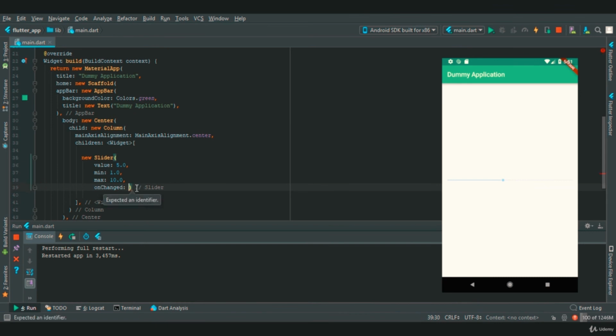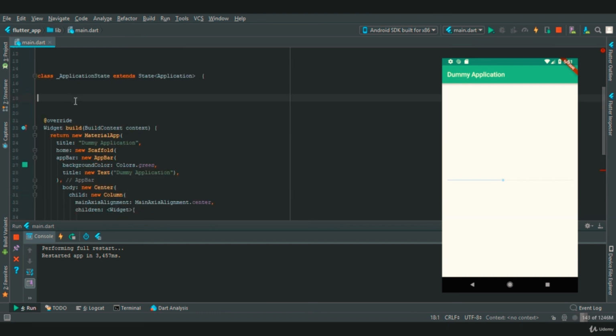It takes a function, so let's create a function. This function takes a double. So let's provide double dval, and we want this dval value to go in a method called method1. So the value of onChanged will go in method1.